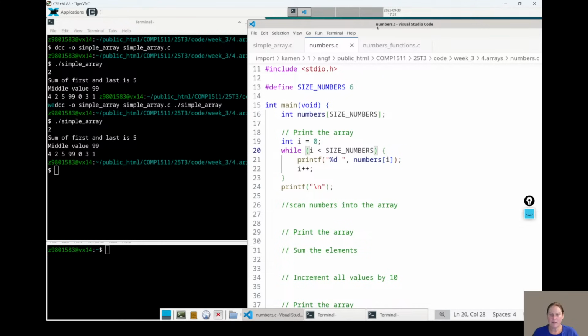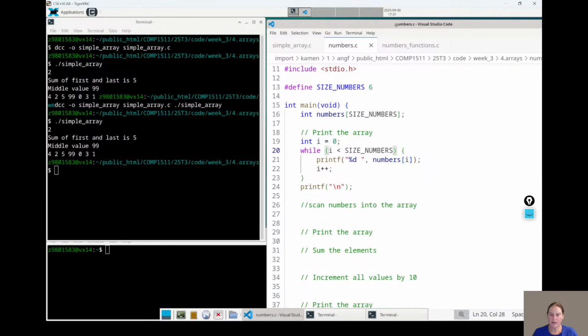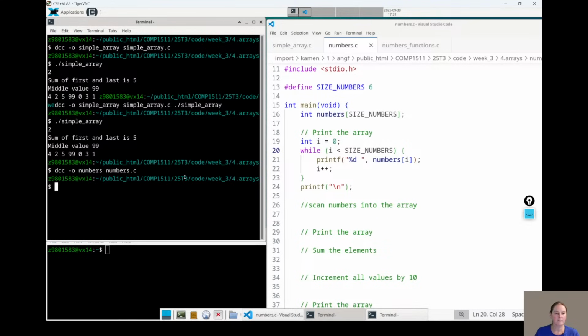Now, can anyone see any issues with me compiling and running this code so far? Let me just try it. So what does this array have in it at the moment? Yeah, it's not initialized.